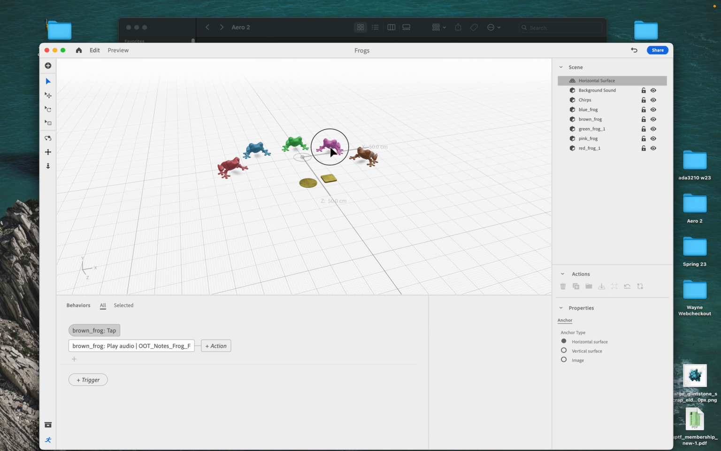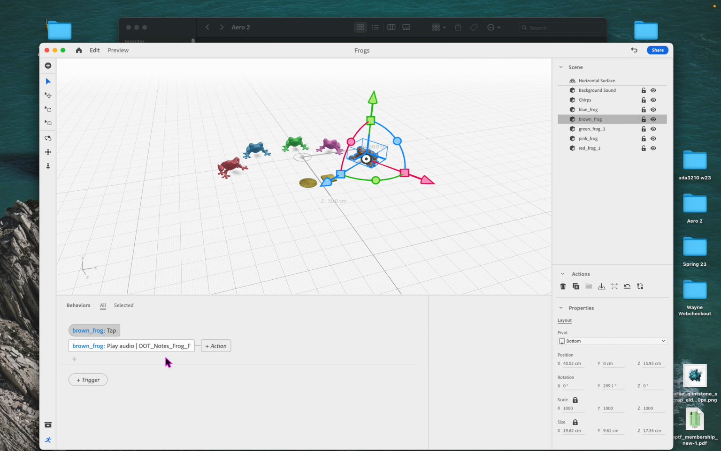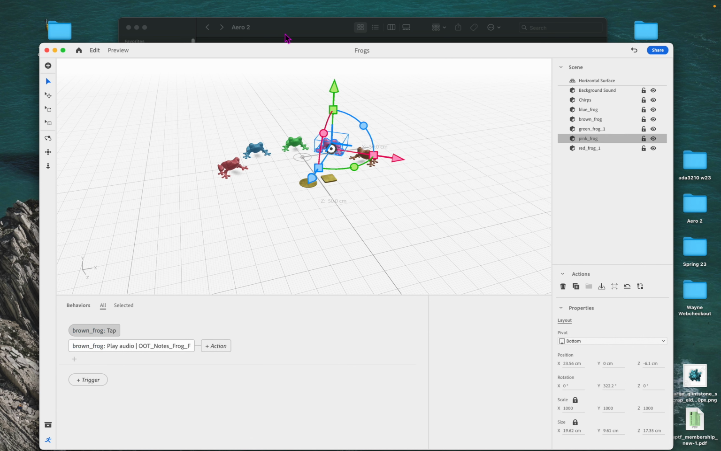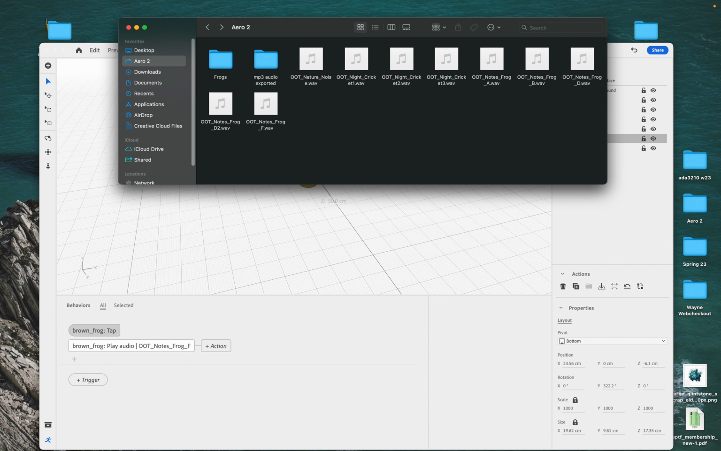So we're going to assign, so we have the brown frog. He has note F assigned to him. Let's get the pink frog. And we are going to assign him D2. So I downloaded all these WAV files off the web, and while you can certainly use them, I would